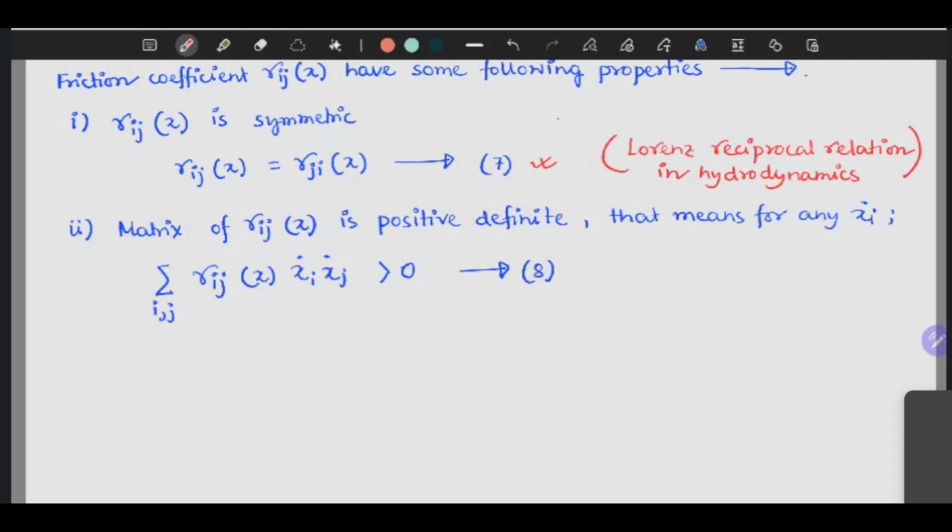Now these reciprocal relations, if you think that this is very trivial, this is not a very trivial relation. It has some greater implications to think about. Okay. So first is that